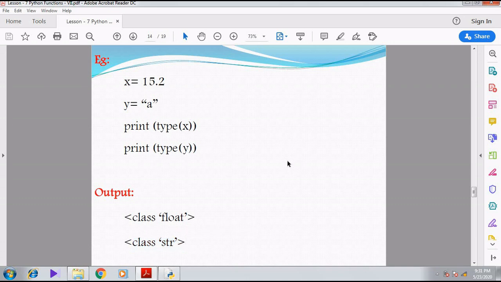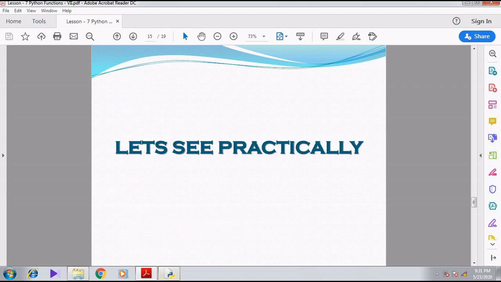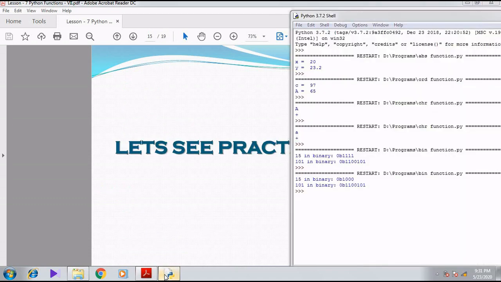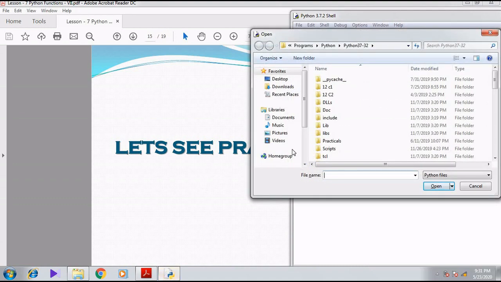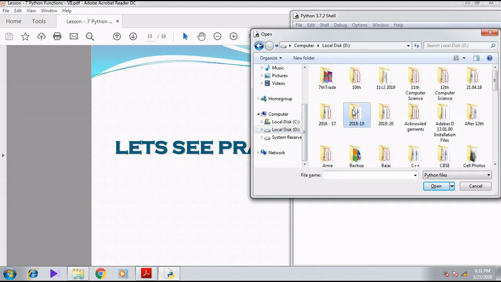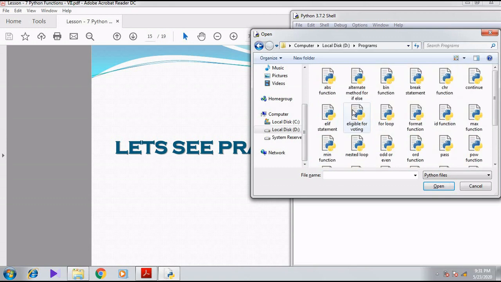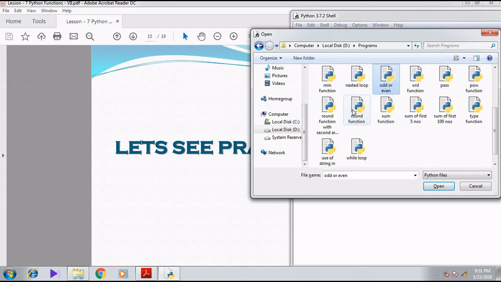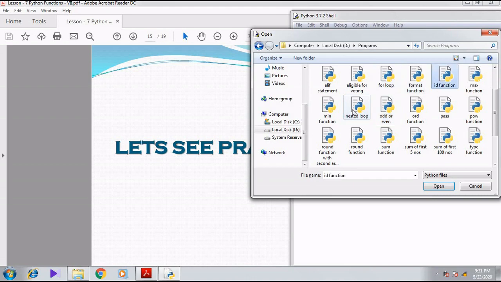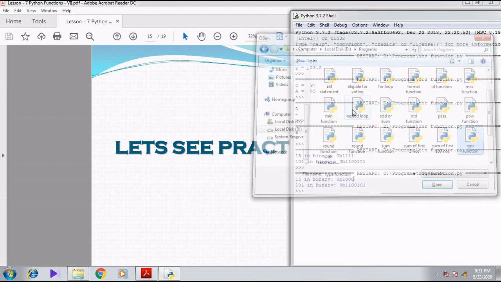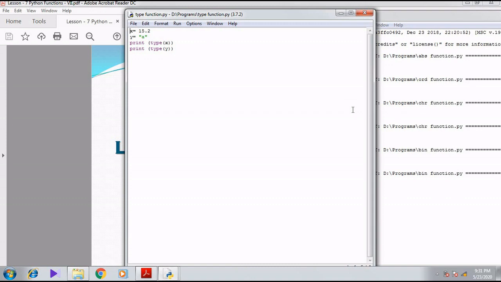So now we have assigned two values to two variables, and then we have shown which data type that particular variable belongs to. We can see it in a practical manner. So this is the type function. x equal to 15.2, y is equal to a.